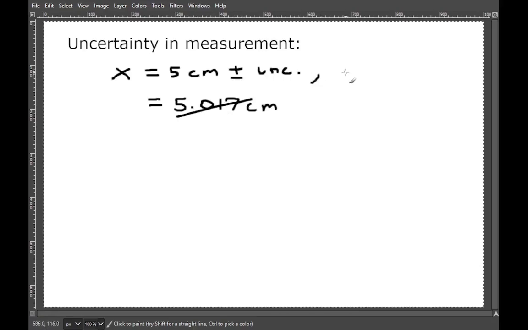Well, what's this uncertainty? That's really up for the experimenter to state. You have to figure it out for yourself. If no one says what it is, there's this thing called a rule of thumb: say that the uncertainty on my measurement is 1/2 the least tick, or 1/2 the smallest tick. I'll just call it tick. And in the case of that ruler,